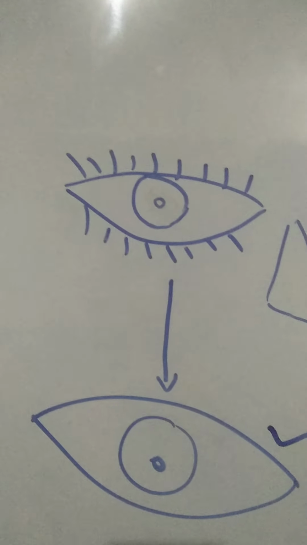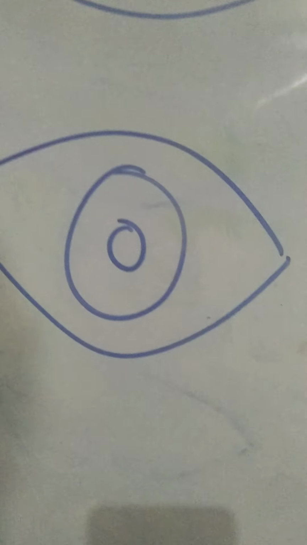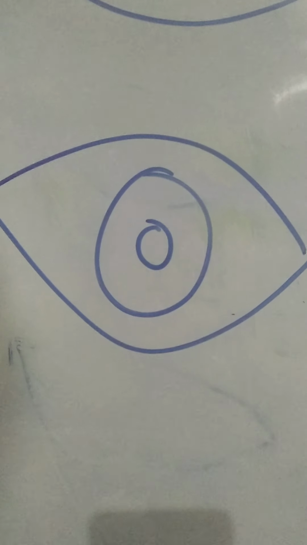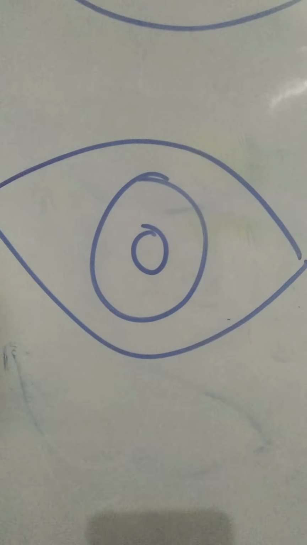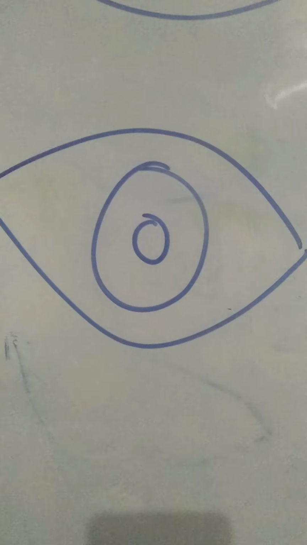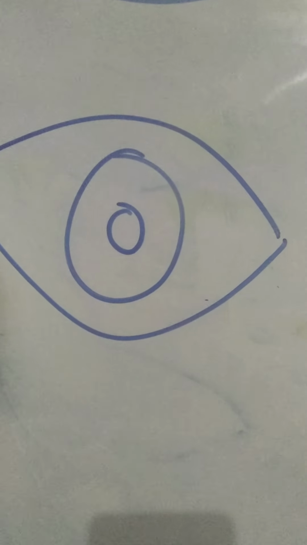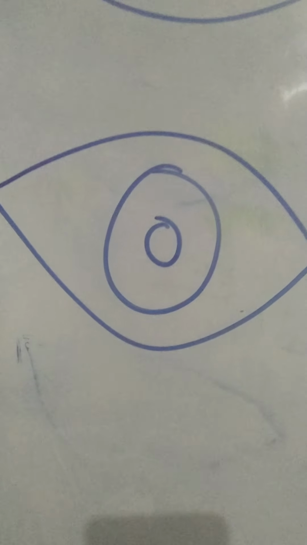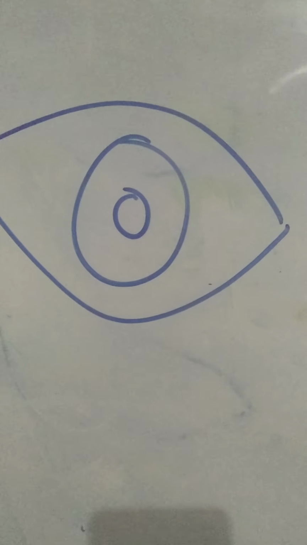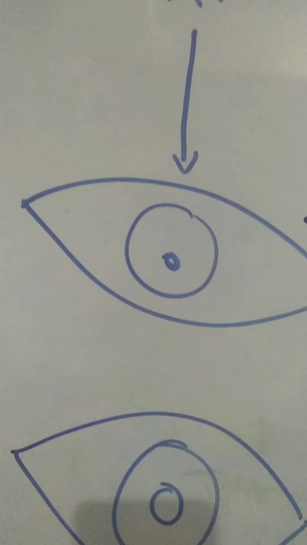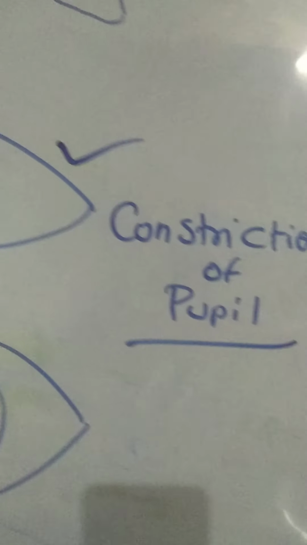This usually happens once you are coming out of the film theatre. Your pupil would have dilated inside. Why is it dilated inside the film hall? Because it is dark. So the eye is trying to see the picture clearly, allowing more light to enter the eyeball. Once the film has ended and you are trying to come out with the pupil dilated like this, you will have photophobia. You will have some flashes of light in your retina. You will be rubbing your eyes. Within a minute or so, you will become normal. That is thanks to our constrictor pupillae muscle, which causes constriction of the pupil.